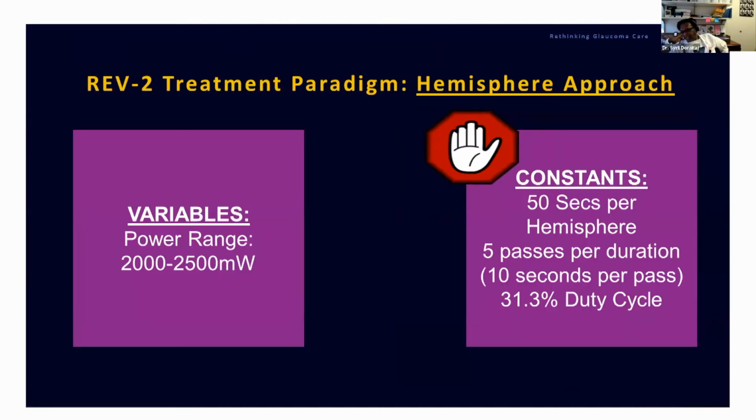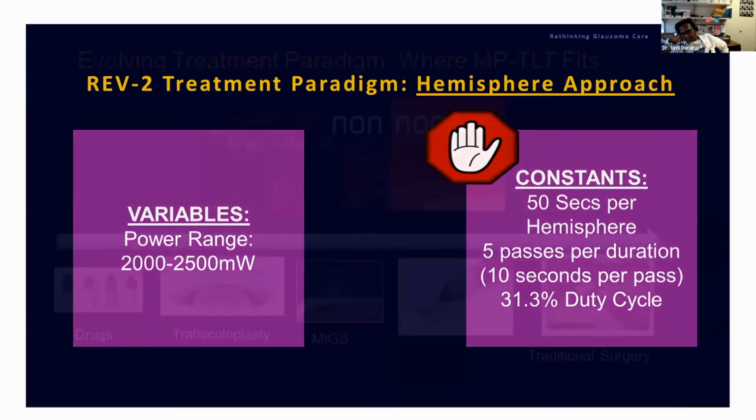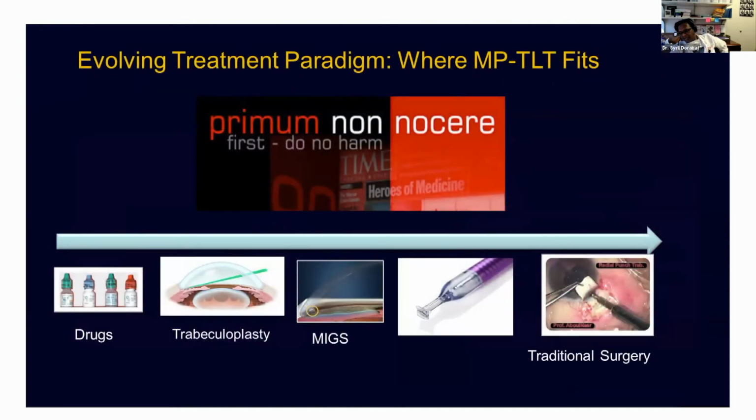And the variable is, before I used 80 seconds, now I use 50 seconds. That's the major variable that I'm changing. And so to summarize, one of the major things that I want to see in my patient practice is